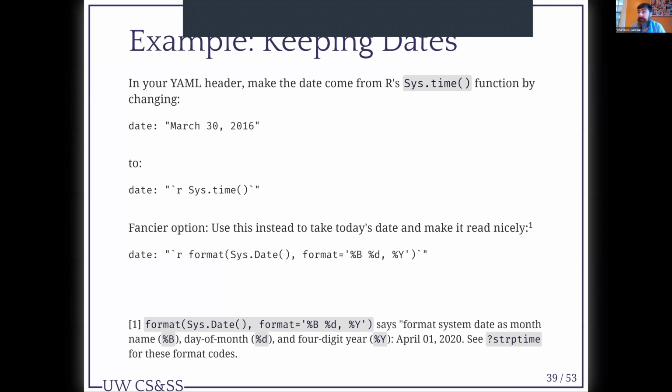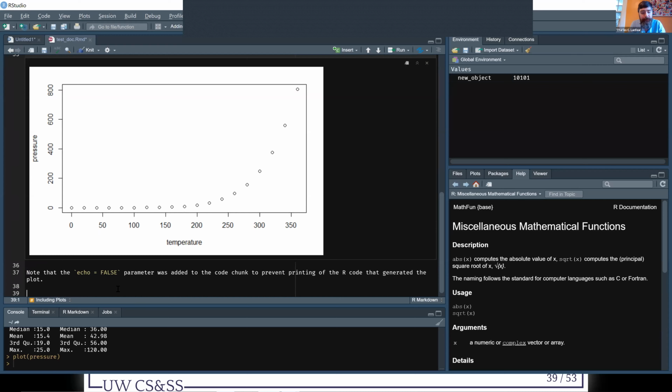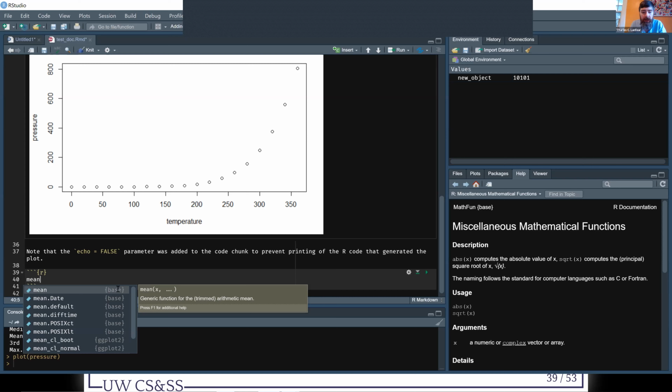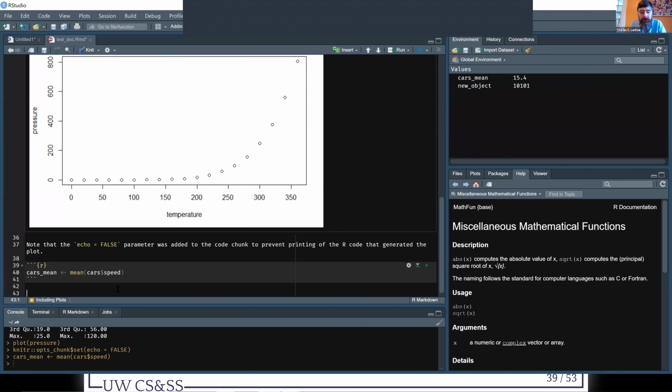Okay, here's an example of something you might want to do that I actually use. I was just asked on a private chat, can you show us doing the backtick R space thing in real time? I will do this live. So for instance, I might want to say something like, let's get... Control-Alt-I will insert an R Markdown chunk into your document so you don't have to type all those backticks. Anyway, I'm going to do something like, let's take the mean of cars speed, cars mean. I'm going to assign it to this object here, and then I'm going to say,